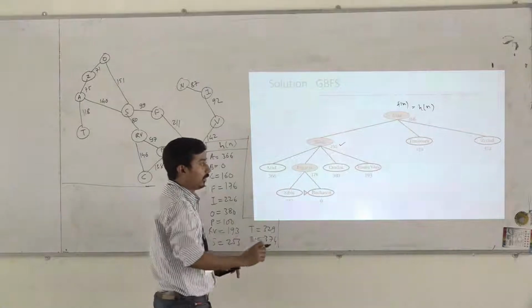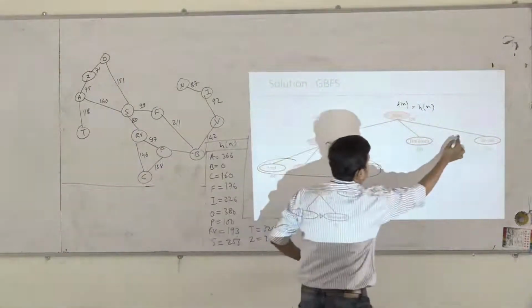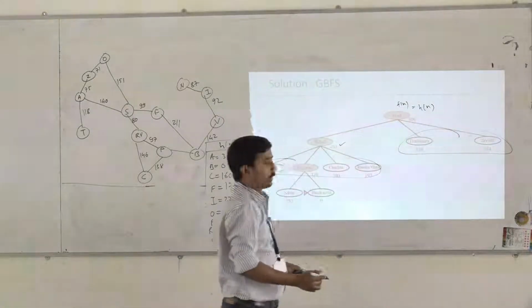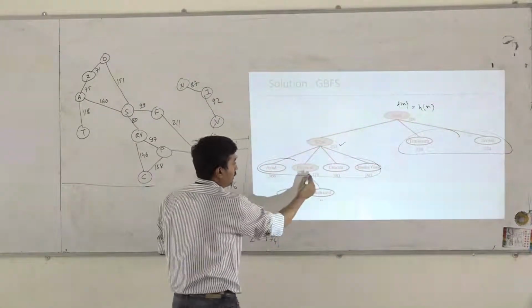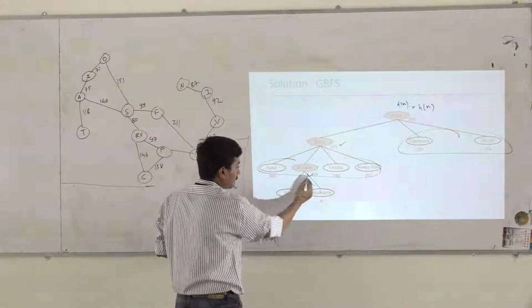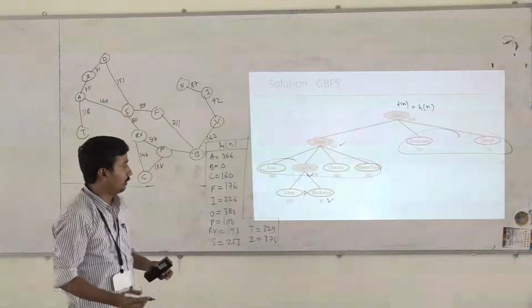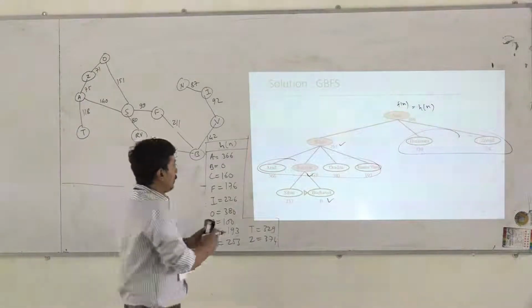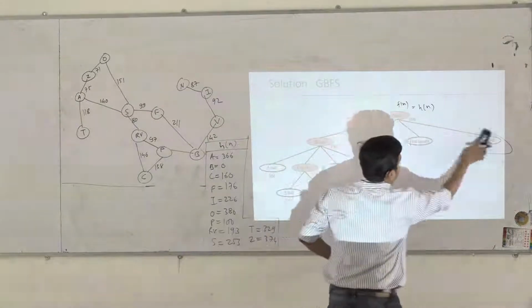You have to select a node out of these unexpanded nodes. So these 4 plus these 2 are unexpanded. You have to select the node with the minimum value of h(n). So which is this one? We'll expand it, and then we have reached our goal node, right? Goal city. Now whether it is optimal: what is the path cost of this?